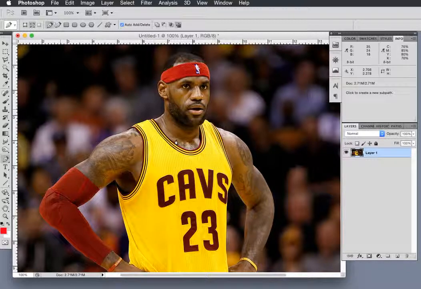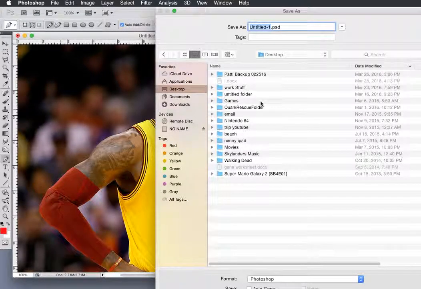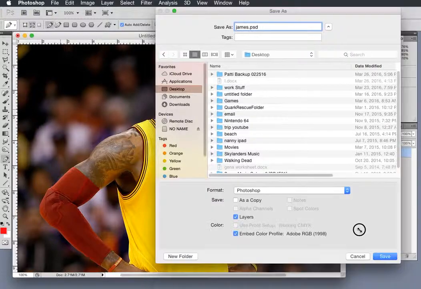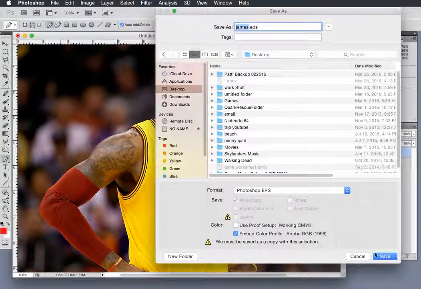EPS is one of the best ways you can save it, or you could save it as a TIFF, because once you save that path and make that path the clipping path, then when you pull it into another document, that is going to be where it goes. So I'm going to save this as James EPS, Photoshop EPS,